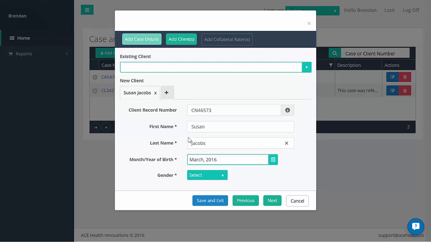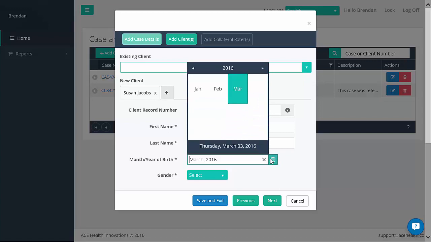You can then enter the client's month and year of birth. This is used to assign the appropriate feedback measures for the client and the cut-off scores. It's important that this is entered correctly, as children and young people get different feedback measures and cut-off scores from adults. You can type it in directly,